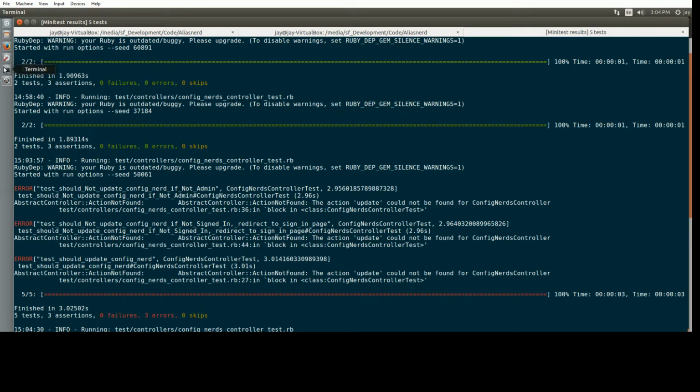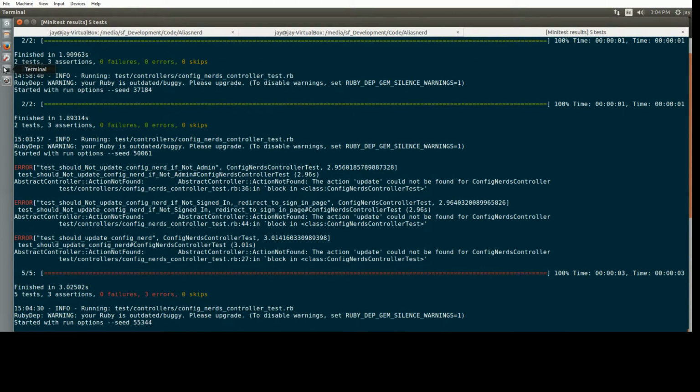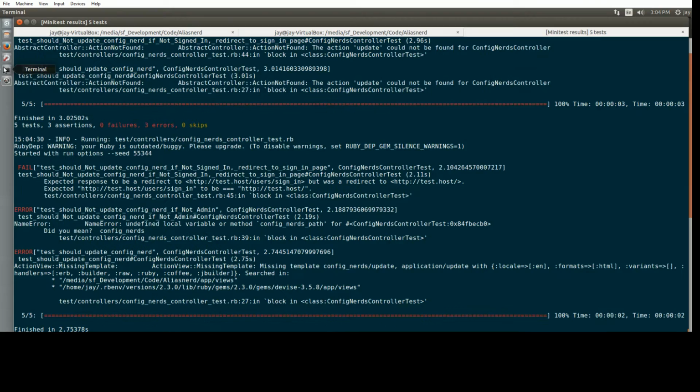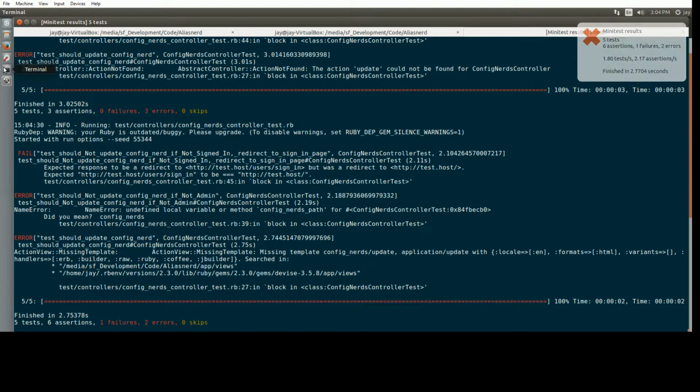We already have the route, so that should be fine. There is no requirement for view, but it will complain about it because we're not telling it to do anything in the action. Technically, we need to tell it to do something, or it's going to try and find a view. Okay,